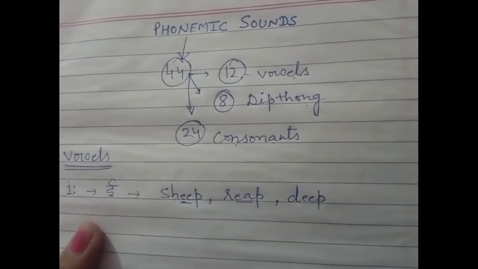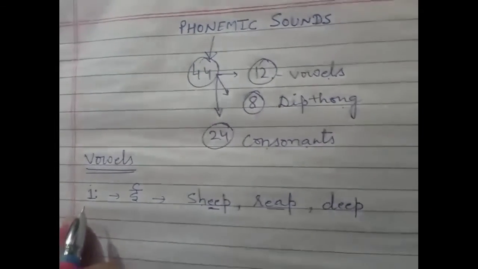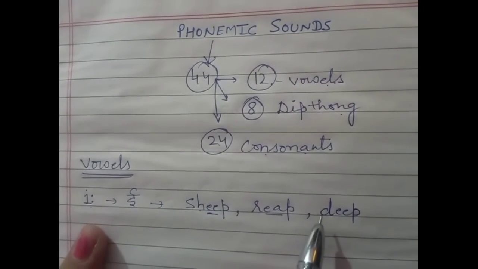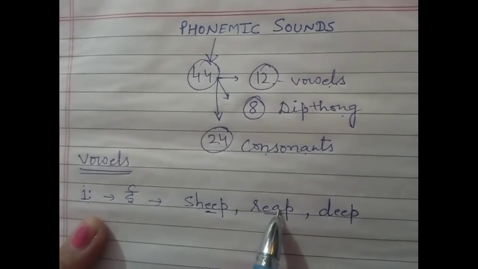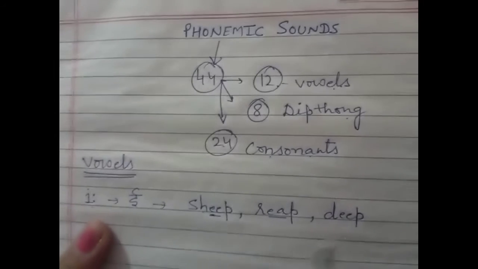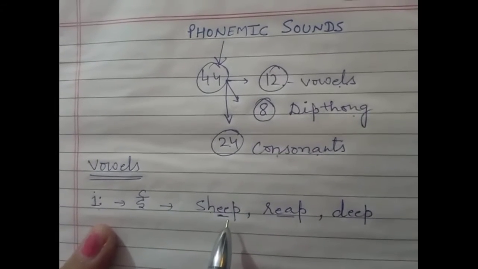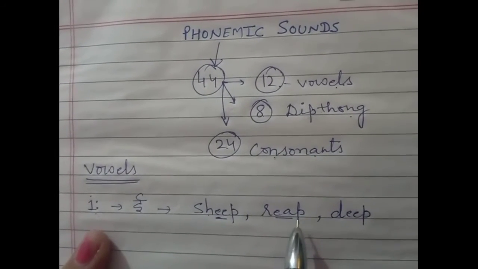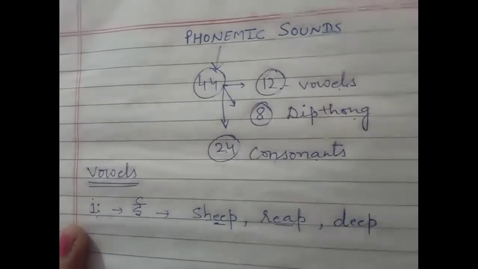Is it clear? We understand this vowel in a triple way. First one in phonemic sounds, second one in Hindi language, and the third one with the spelling. Is it clear? Whenever we get double E or EA in spelling, it means the sound of these vowels goes in the long sound. This is the sheep, this is the deep and reap. Is it clear? Long sound, badi e in Hindi language, and the spellings.